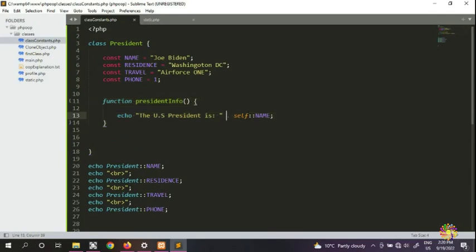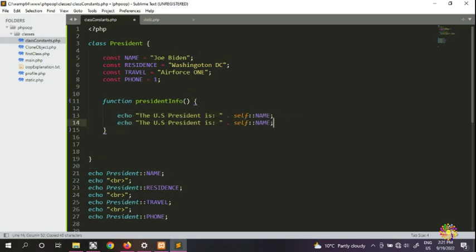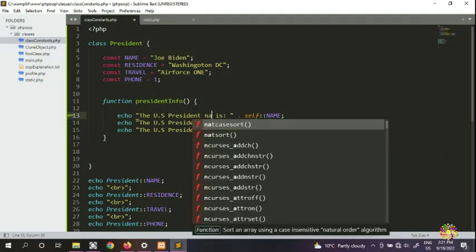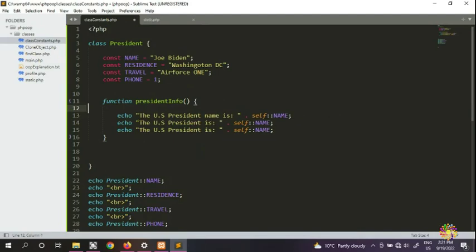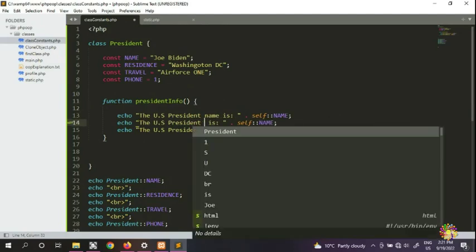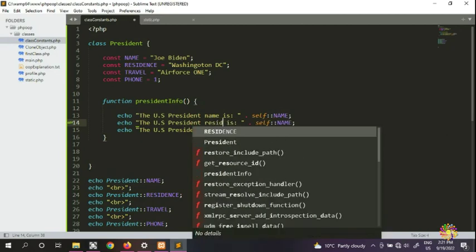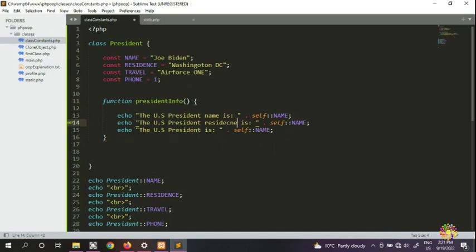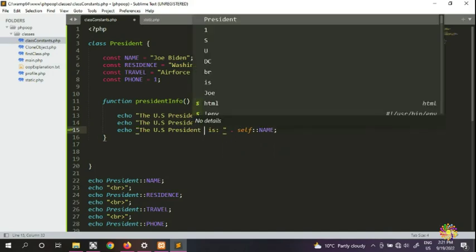Because inside our method we have this, it accesses the name. So for example, we have a name. You can try all these, but if we say for example we're going to copy another one and paste, and paste again. Say for example the US President residence is, for example, the US President name, and that's going to be the self name, and it's going to be the US President residence, and the last one, this one's going to be the US President travels